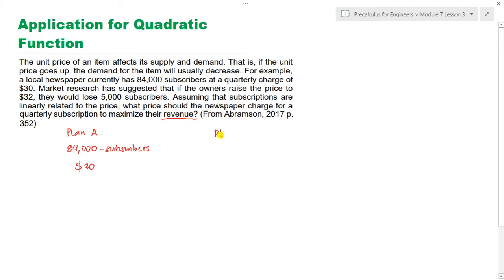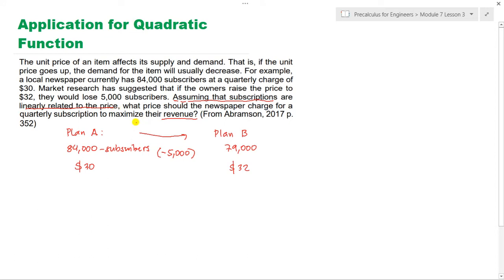And then in their marketing strategy, they found out that if they are going to increase the cost per newspaper to 32, they would lose 5,000 subscribers. So from plan A to plan B is minus 5,000 subscribers. So what will plan B reach? That is equal to 79,000 subscribers only, because you will lose that many if they do this type of plan. So given the condition, assuming that the subscriptions are linearly related to the price,